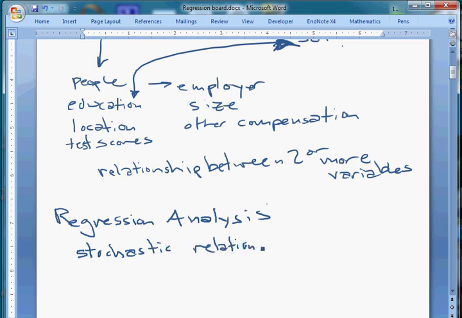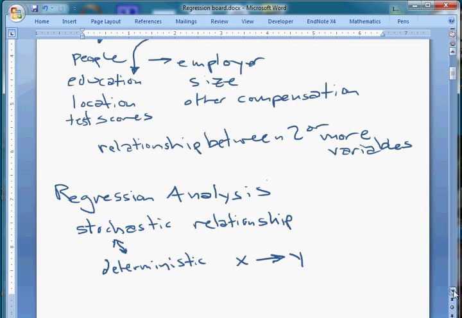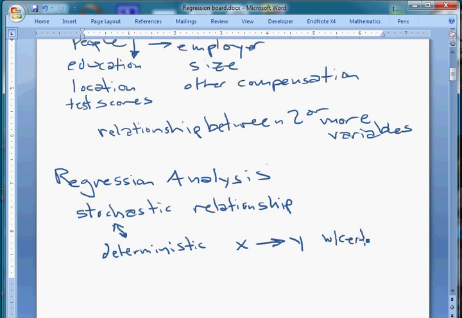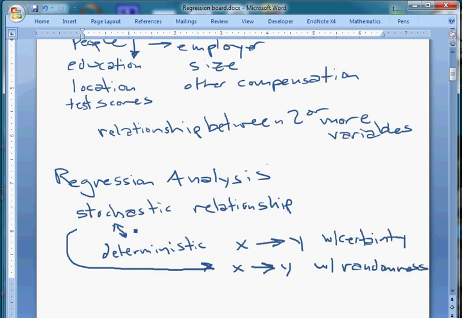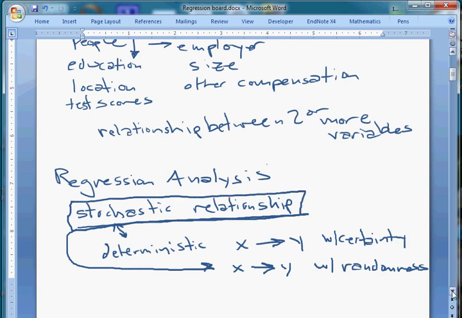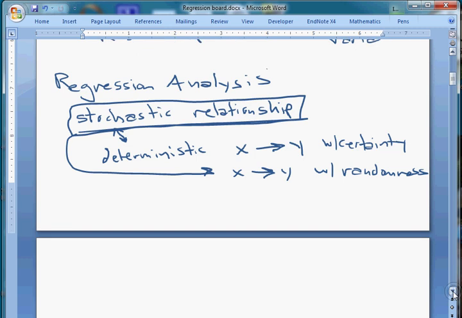And that's what we're really looking at here. We're looking at stochastic relationships. Stochastic is often described as the opposite of deterministic. And a deterministic relationship means X directly leads to Y with certainty every time. But much as we were taking advantage of with respect to hypothesis testing, what we're doing now is, well, X leads to Y with some randomness. And that's a stochastic relationship, right? So there's something going on. We can see it in general, on average, right? On average, this relationship is there, but it's not so direct as a deterministic relationship.